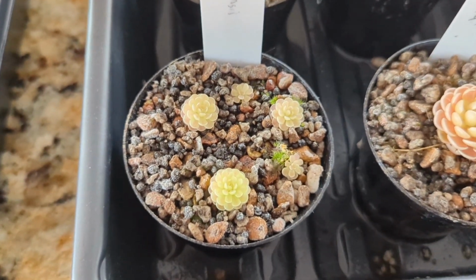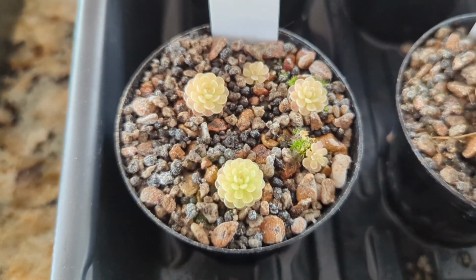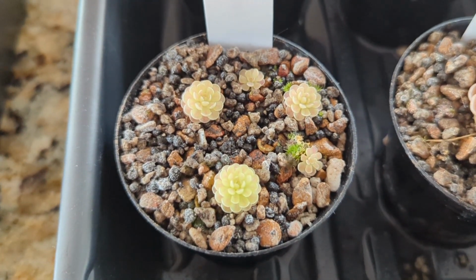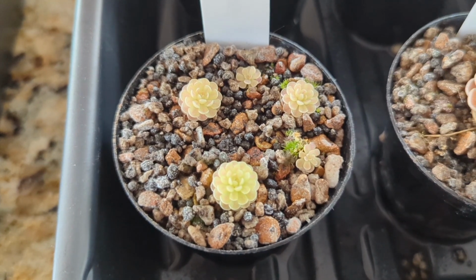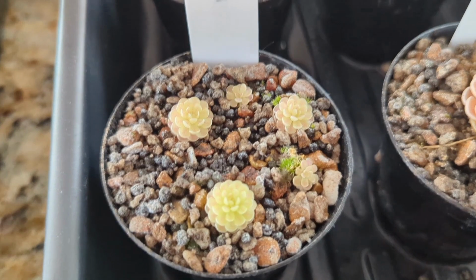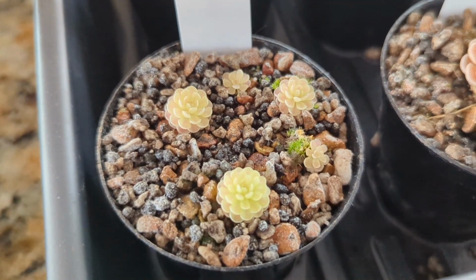And then last but not least, this is a pot of Pinguicula wamavensis. So my mother plant eventually essentially divided itself to death. And so these are some pullings that I took from the mother plant